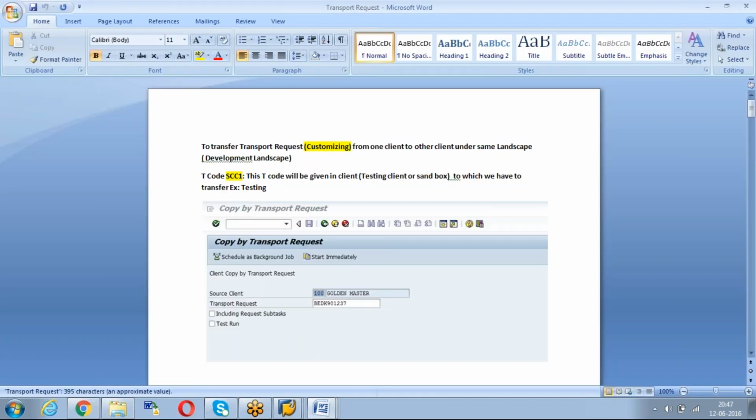See, the transport request, this is the movement from one client to another client under the same development system. You have to open it in the receiving system. For example, in the receiving client, you have to open the SCC1 transaction code, and you have to give the source client, which is the golden client, where we do only configuration, but testing everything we do in another client, maybe 110 or